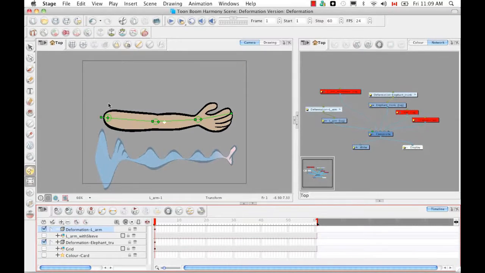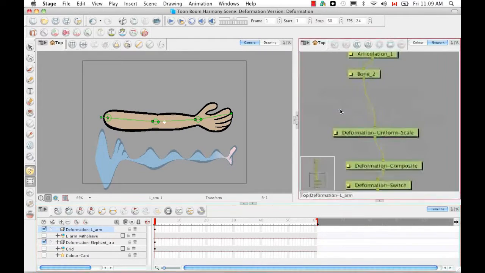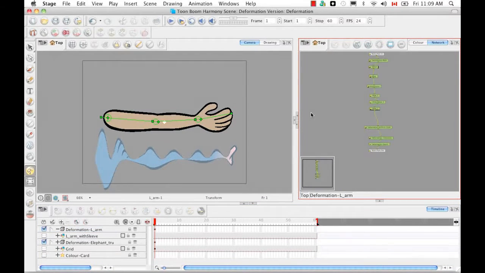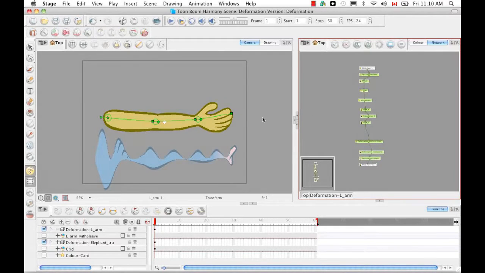If you'd like to see all the controls for a group, you can go into the group. So it's the left arm, and I'm going to zoom out so we can see the entire chain. Then you can use the keyboard shortcut Command A or Control A to select all, and then you can click on this button once again, Show Controls. So now we can see the control for the deformation uniform scale,